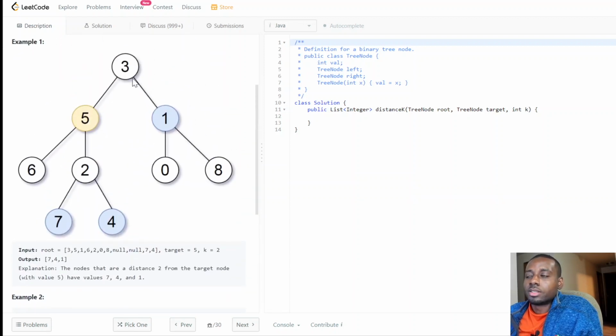We have a nice looking binary tree. We get the root node, which is 3, and we're given a target, which is the node 5, this node right there, and the k value, which is the distance. Those are the nodes they have interest in, so we need to find a way to return them. For this example, all the nodes that are a distance of 2 away from 5